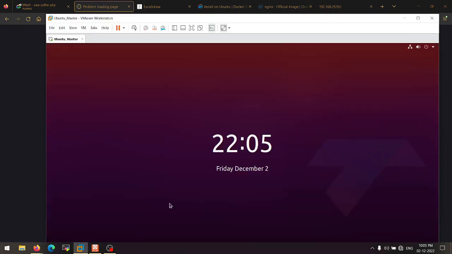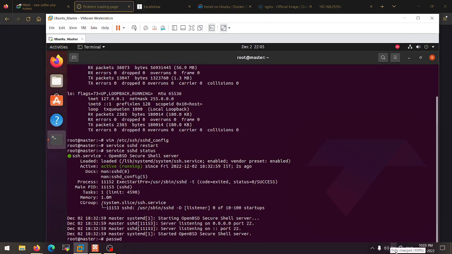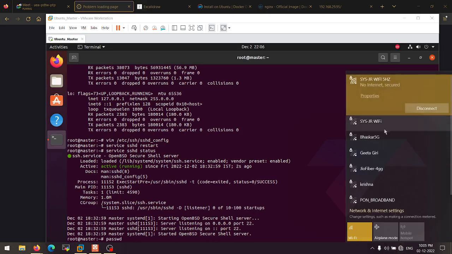Unable to connect. Why? Is there any issue with the Jenkins? Jenkins got crashed. Oh no. You guys are able to hear me? Hello?